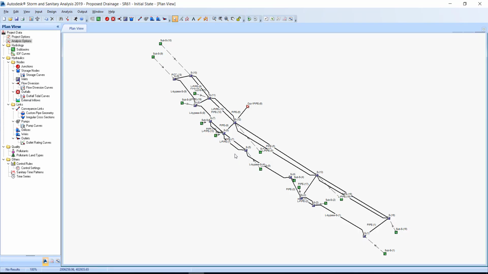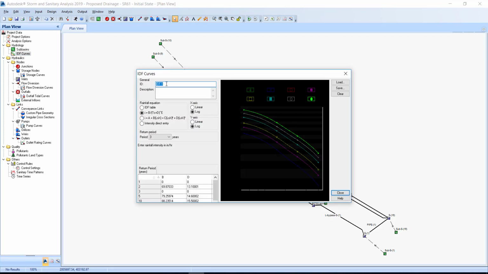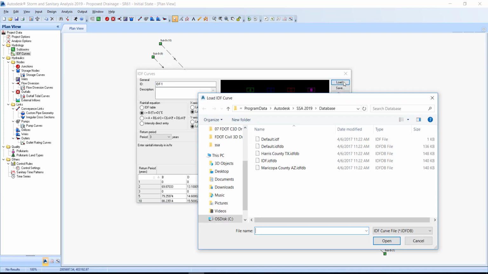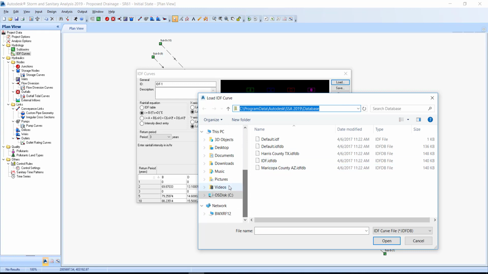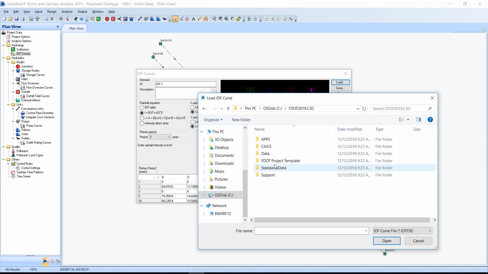Back in SSA, double-click the IDF curves under the project data in the data tree to open up the IDF curves dialog box. Click the Load button in the upper right corner of this dialog box. Using the Load IDF Curve dialog, browse to the folder on your C drive to your Civil 3D installation directory. Once again, choose the Data folder,